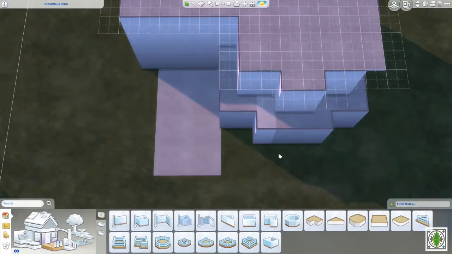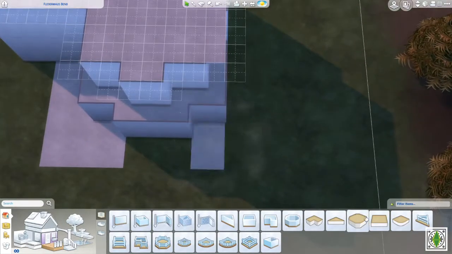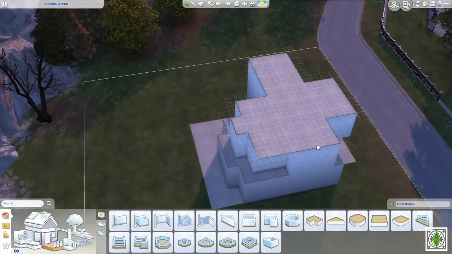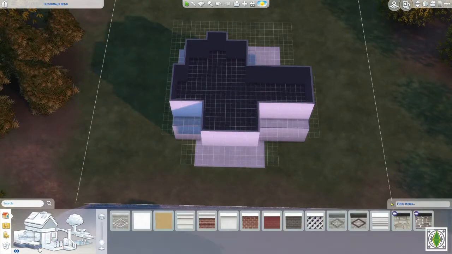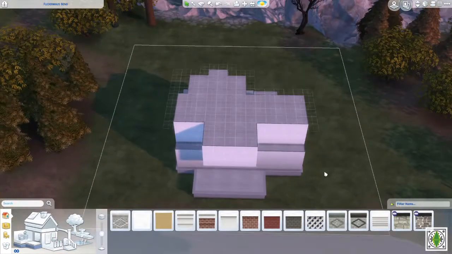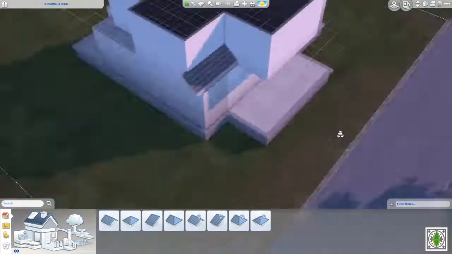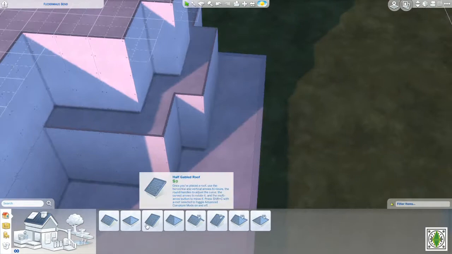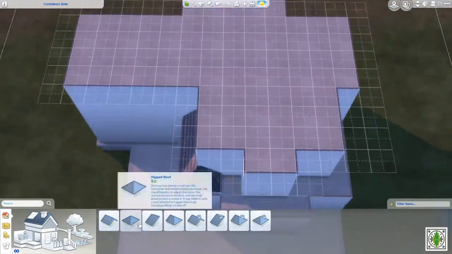I usually, when I have a build, have an idea of what I want to do before I start building. And when I sat down to do this build, the only idea I had in my head is I wanted to use stuff from the spooky stuff pack, because I wanted to do a Halloween themed build. But from start to finish, this build took like an hour and 45 minutes, probably somewhere around